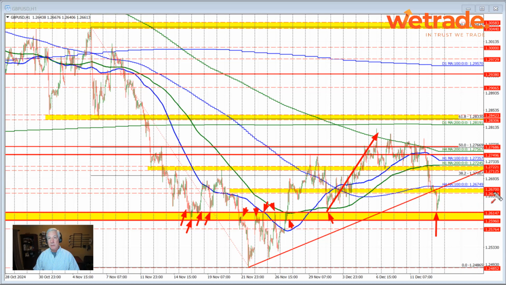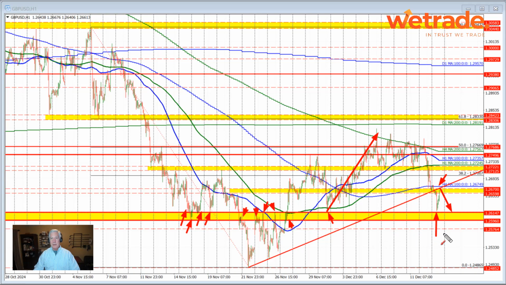That comes between 1.2658 and 1.2670. Just above that is the 100-bar moving average on the 4-hour chart. We're going to need to get above all these levels right here to increase the bullish bias. Or will the sellers lean and push the price back to the downside? That's what's at stake right now at this area in the sterling versus US dollar. If you're more bullish, you want to see the price get above 1.26749. If you're more bearish, this is a place where you want to sell and push the price back down toward